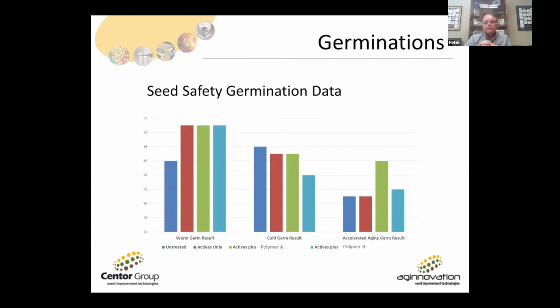harm. In this case, you're getting a snapshot here in this graph of just a period of time, looking at the untreated, the actives, an actives plus a polymer, and then an actives plus another polymer in the light blue. You're really looking at the green and the light blue effects of the coating and what happens. And here you're looking at a warm germ result, a cold germ result, and an accelerated aging result. 3 common tests that might be run for corn in particular, maybe other crops, but these will be run over a period of time to ensure that we aren't doing any harm to the seed itself during that storage period